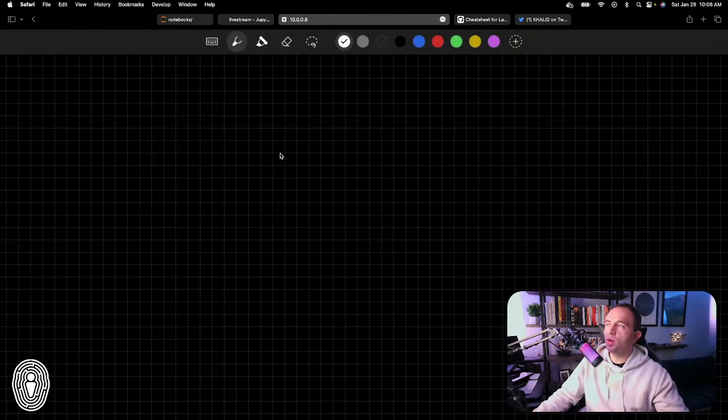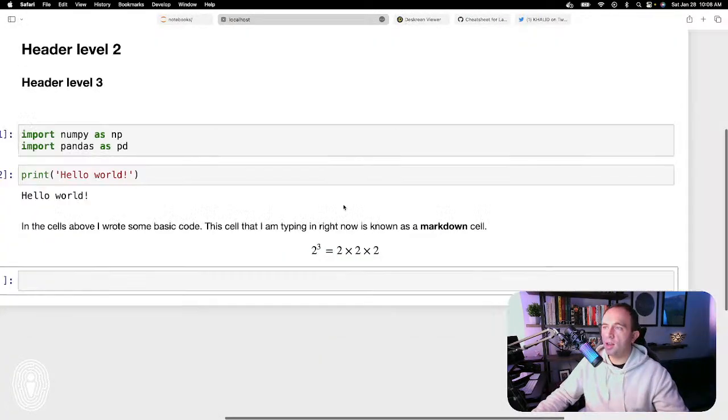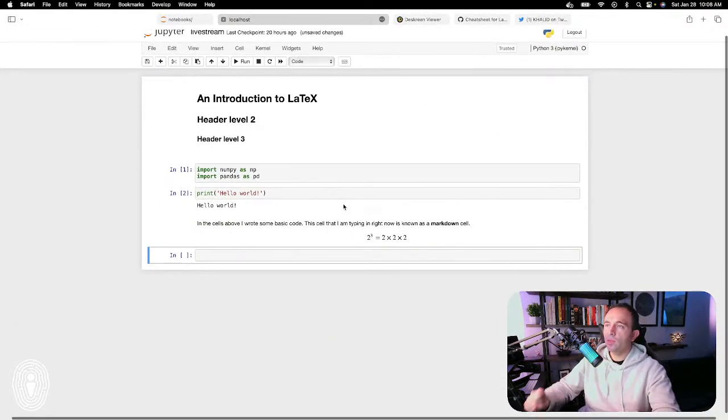So I hope you can start to see the intuition of why this is really powerful for data science work, because we can do a whole lot here. We can talk about what we did. We can appropriately show it with LaTeX in mathematical form, and then we can even run things with Python. So let's say,